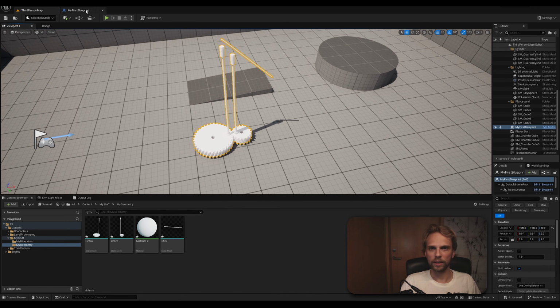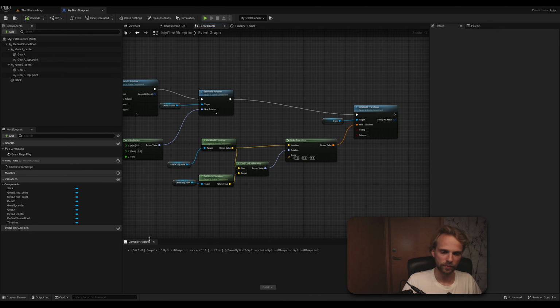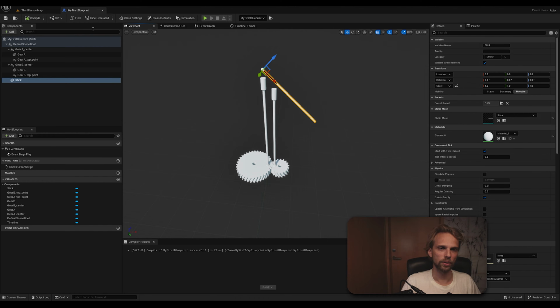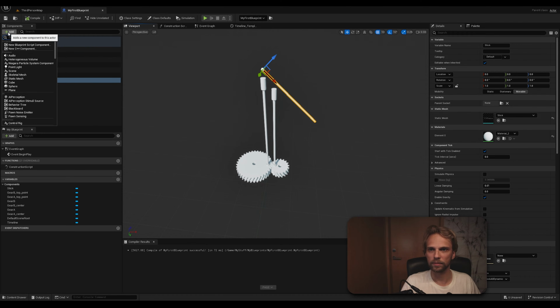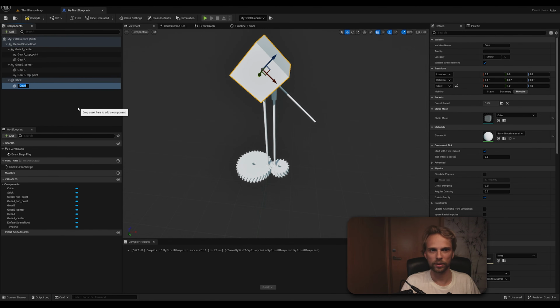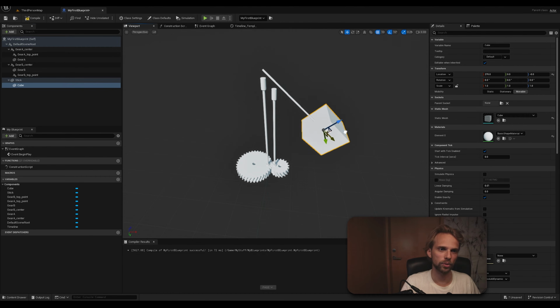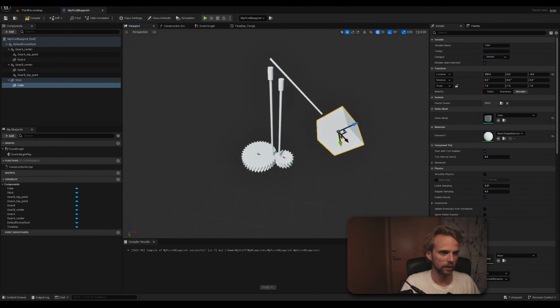Okay, let's at the end of the stick we can create a box, right? So for this stick, I can add, let's say, a box just like that. So cube is connected to the stick and I can move it to here